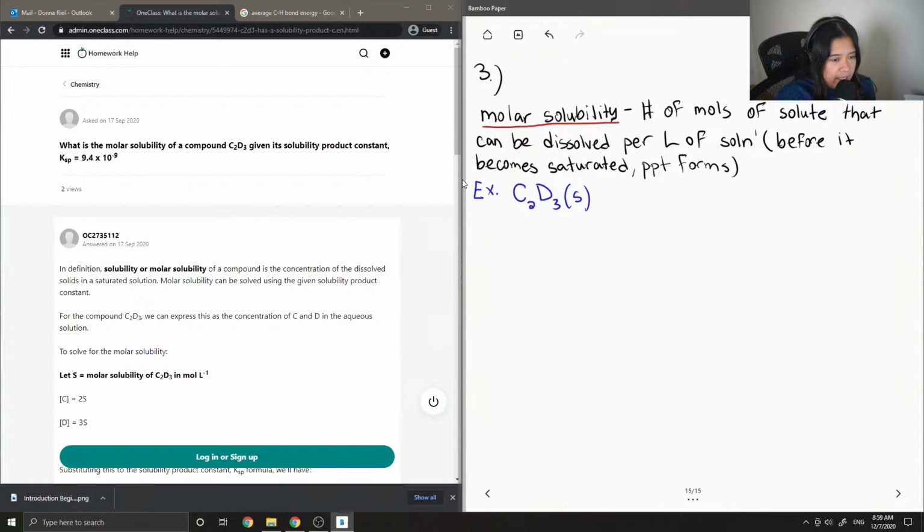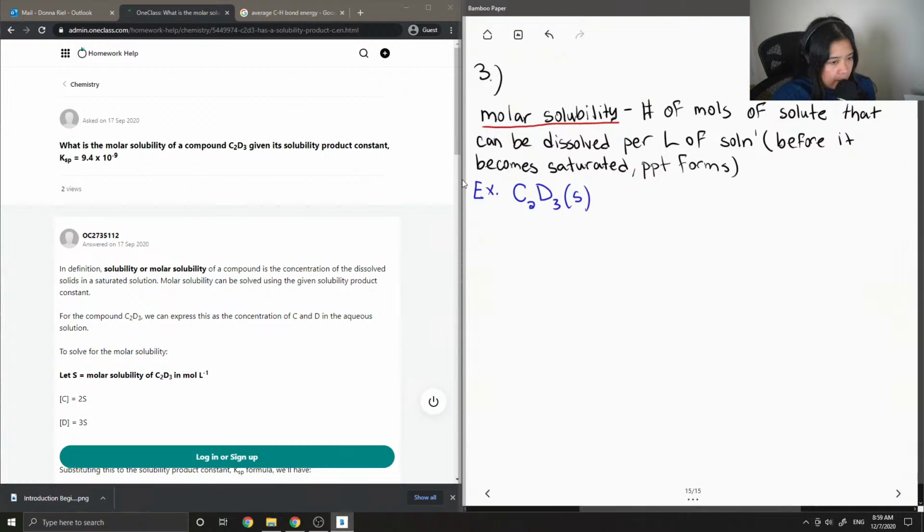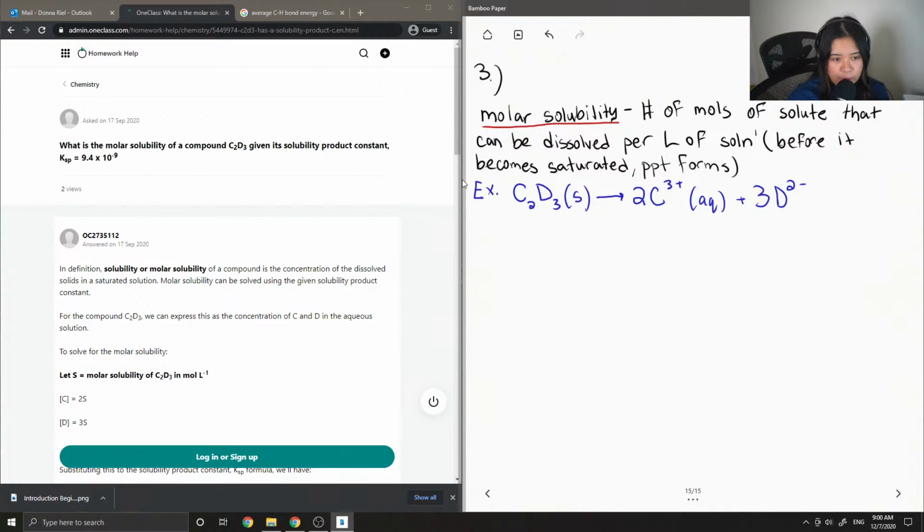So if we had C2D3 solid, it will break up into 2C3 plus ions and also 3D2 minus ions. And the reason I know the charges as well is because I just did